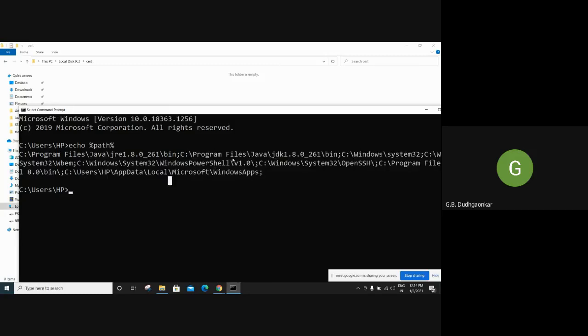So once you have these particular things in that environment variable, from that location you can access all the contents within that folder. So see here, my JDK and JRE both are in the bin, that is in the environment variable. So C program files under Java, under JDK, under bin. So all executable files are there.